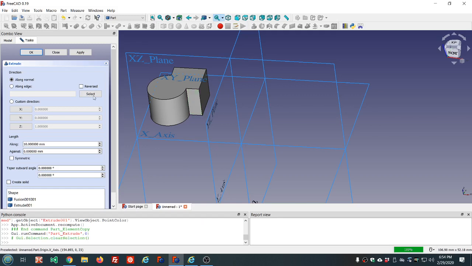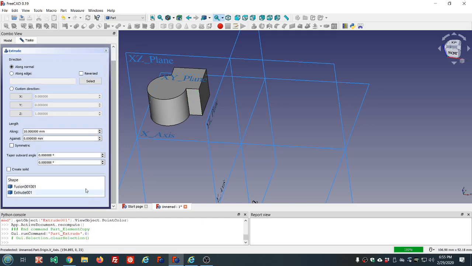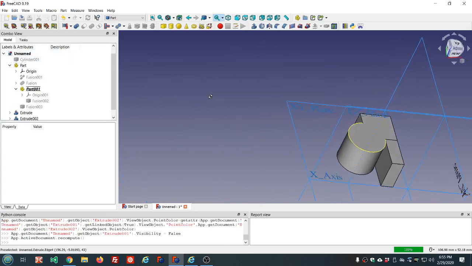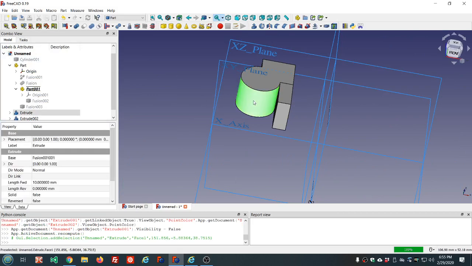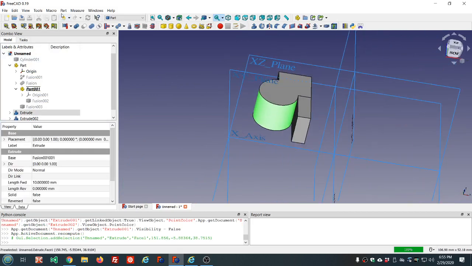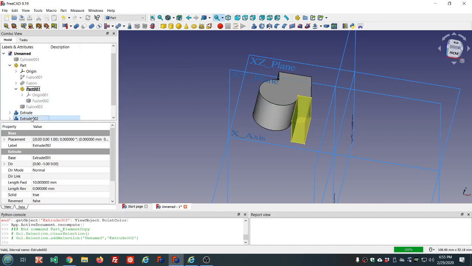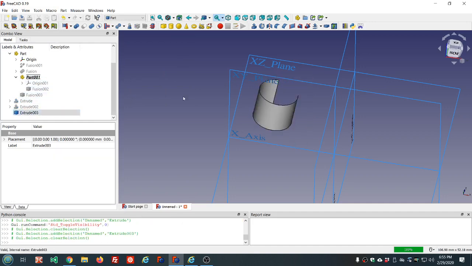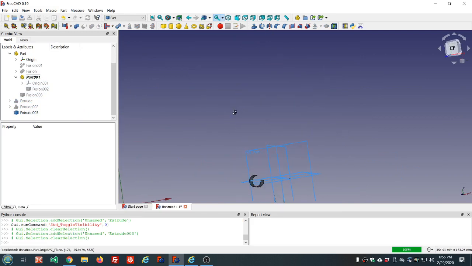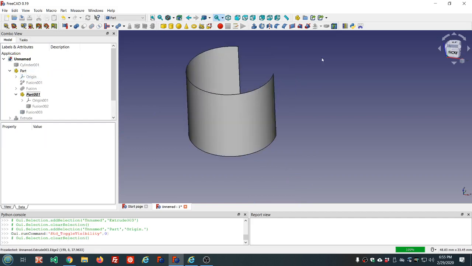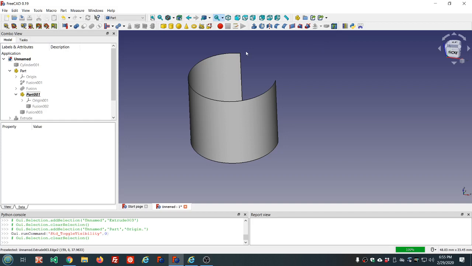Let's select the object first, which you can do here within the dialog. Or if you wanted this shape of this face here, you could copy it as well, the same way. So now we have just that face. This works okay, but it's not parametric. Let's look at the